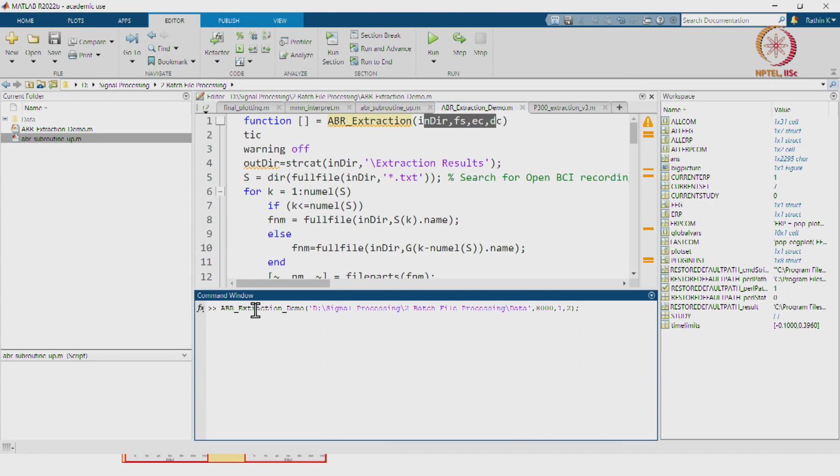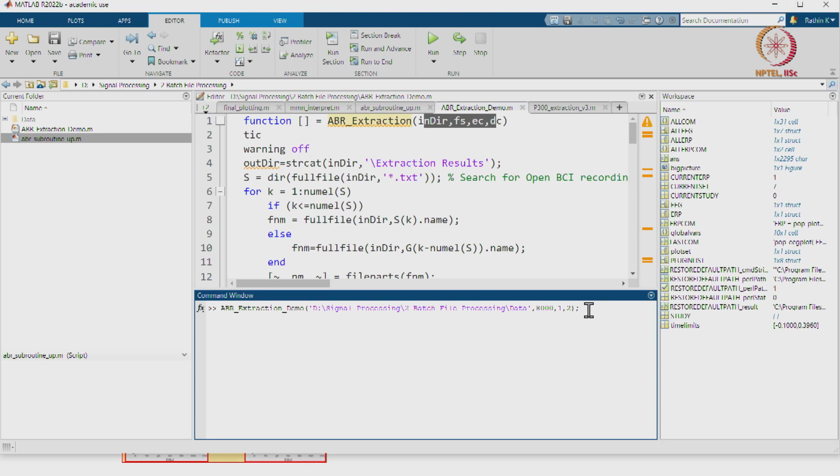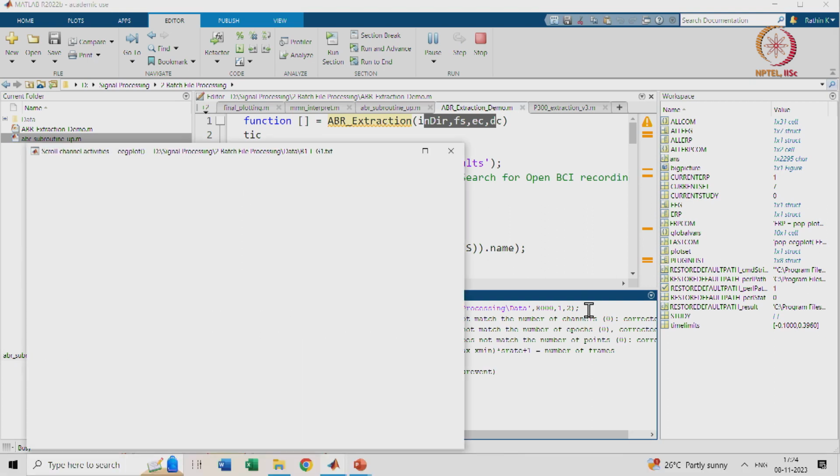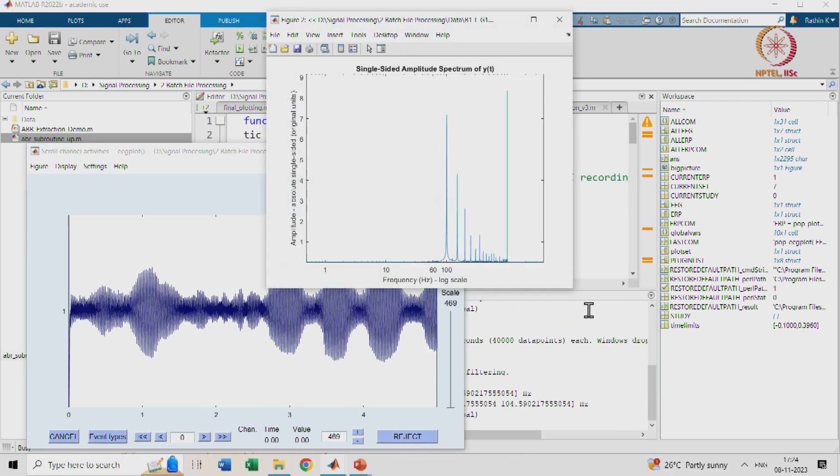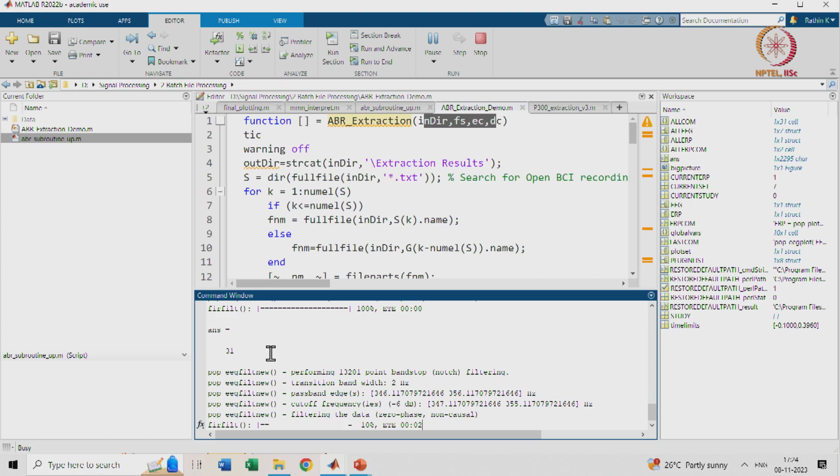First it will plot the raw data, then the raw spectrum, then the clear spectrum, then a comparison, then it will do the usual steps, and finally the waveform. This process will remain for both cases. So I'll just hit the run button, so you will get the final values. This is the raw file, this is the raw spectrum, then clear pre-processing or clearing of the spectrum is in progress here,